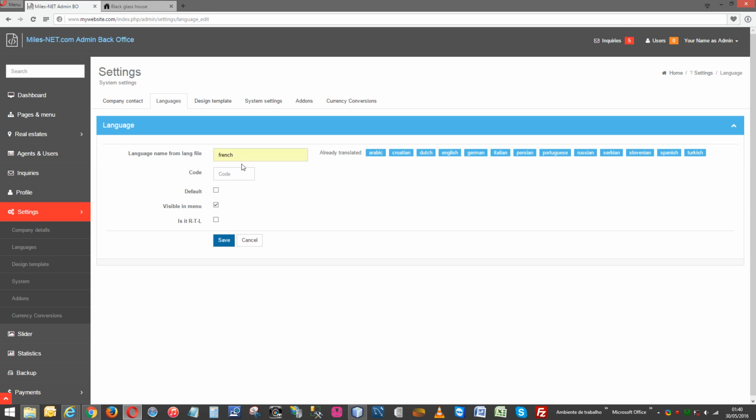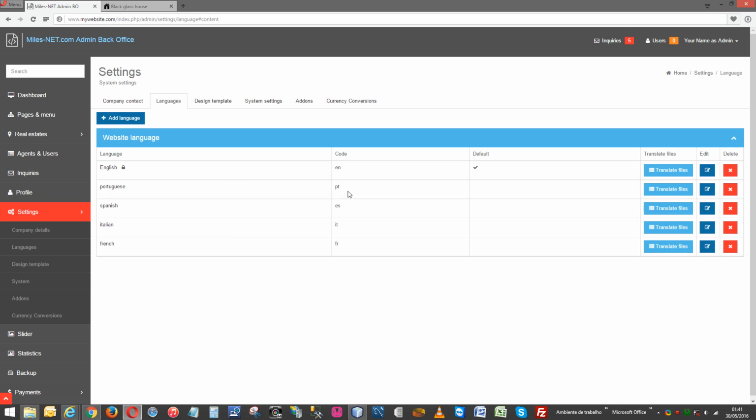So we are going to add French as a new language possibility. It's not default, it's visible in menu, and it is not RTL. RTL is great for the Arabic language, where you write from right to left and not, as in the West, from left to right. So this is French, it's left to right, not right to left, so we state it is. Okay, so we do save,